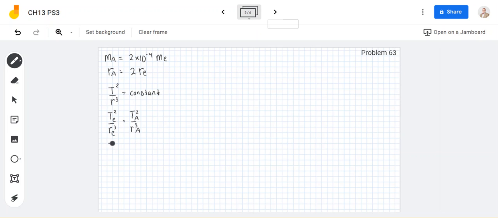So left side, I still have the same thing. On the right side, I have the t squared for the asteroid, which is what I'm solving for. And here, it says I have 2, but you have to cube the whole thing. And that's where I think people make a little bit of a mistake here. So if I expand and cross multiply,